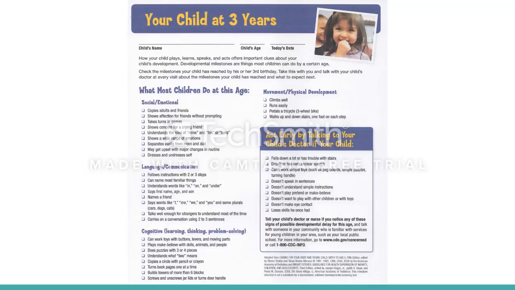And to the right, we have things that you can check for whether you need to take your child to have an evaluation. So if they fall down a lot or drool or can't work simple toys, they don't speak in sentences or don't understand simple instructions, just the lists that are on there, those are some things that might give you clues that your child may be delayed or could possibly have some type of language or speech disorder, and you could see about referring to your doctor or further to have a speech evaluation.